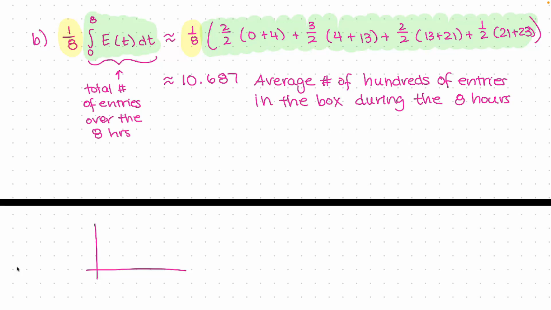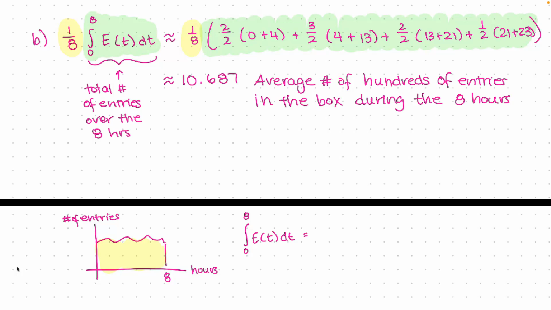Now we don't know what E of t is. It didn't tell us. I'm just going to make something up. It's something like that. We have hours on the x-axis. We have number of entries in hundreds on the y-axis. We're finding the area under the curve. That's what the definite integral represents. So if you think of the definite integral from 0 to 8 of E of t dt,